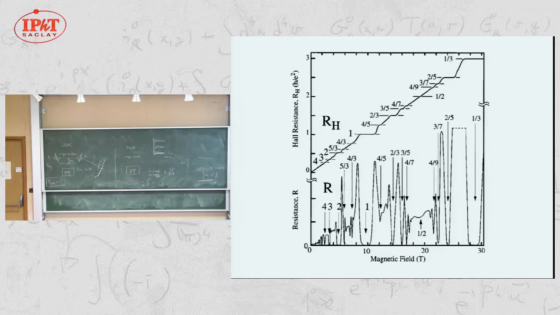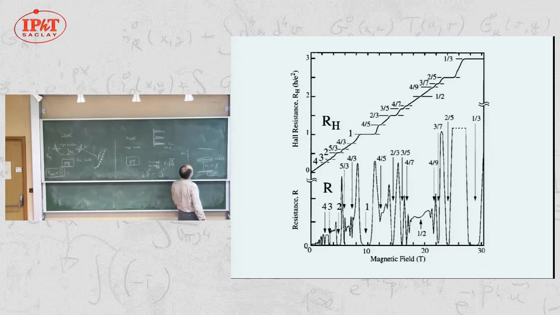So if this change is not huge, we may imagine that we find copies of the fractional effects we find in the lowest Landau levels in the higher Landau levels. So this is at least partially true. I will discuss the breakdown of this picture in the last lecture. So for the time being, we'll concentrate essentially on what happens only in the lowest Landau level, and then we'll discuss deviations from this picture a bit later. So the most prominent fraction is the 1/3 that we briefly discussed last time.